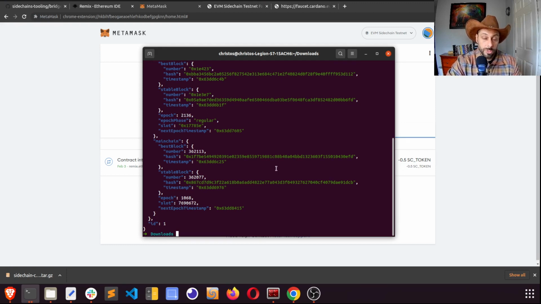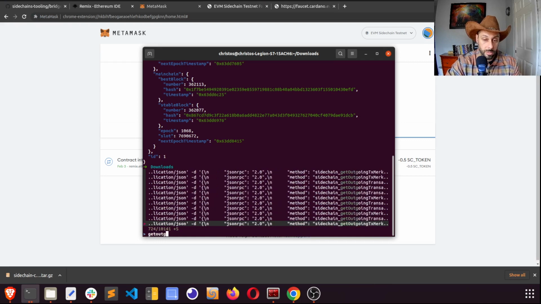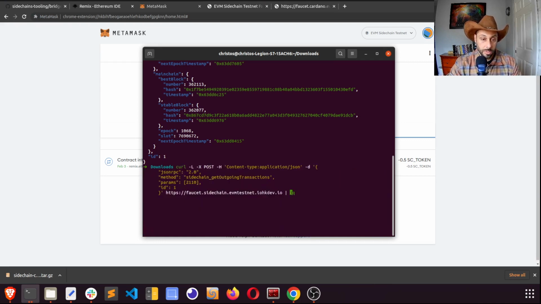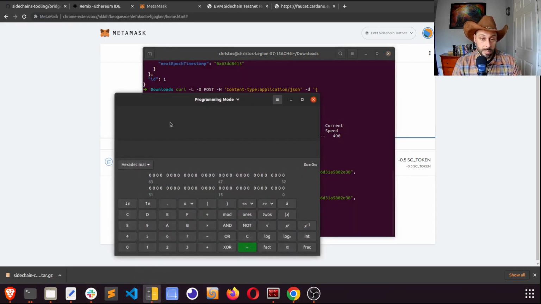For now, we just have to see if our transaction is being picked as outgoing. So using the input 2136, we can do get outgoing transactions for 2136 and see that we have two of them. One somebody else did, or another one from before, and one that I did right now,